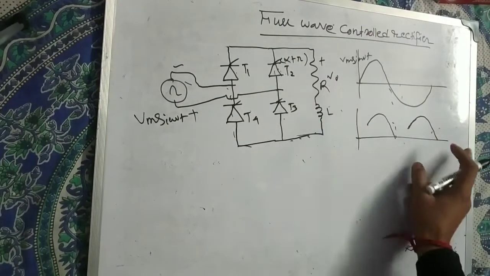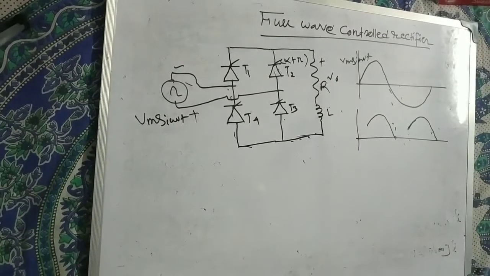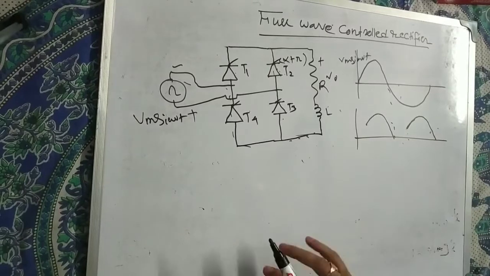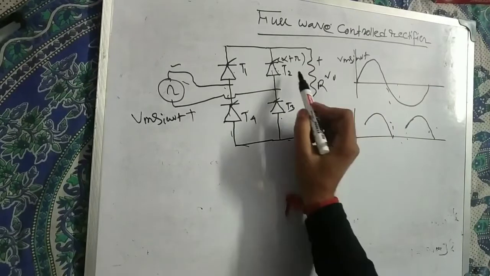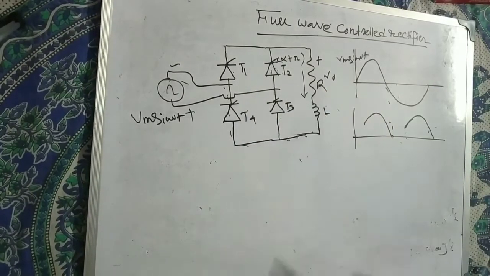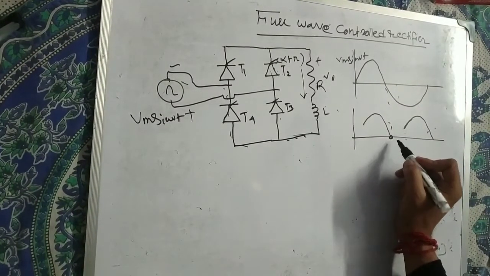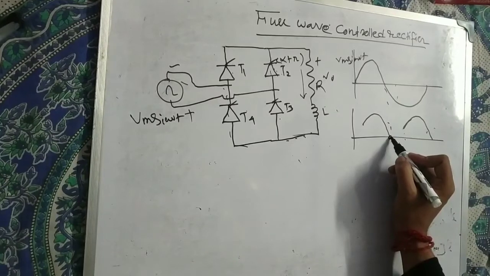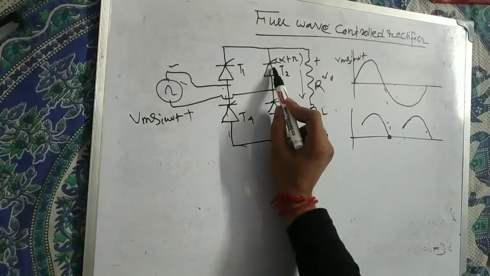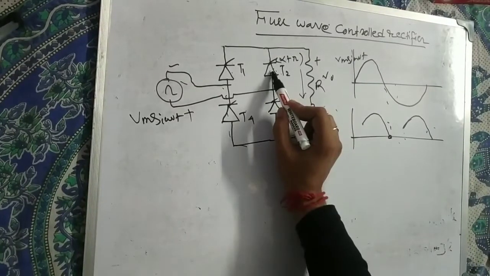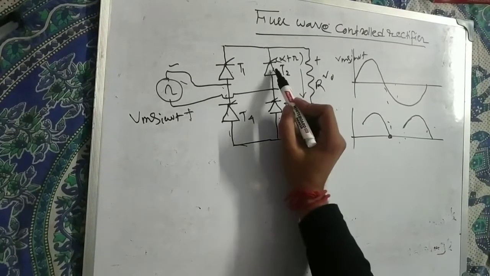For the resistance case, the same voltage will appear across it, but for the inductor what will happen? This is the first cycle output, but at steady state, what will the inductor do? We can see the output current direction is always in this direction. Whenever the voltage is 0 and then negative, the thyristor is not turned on.